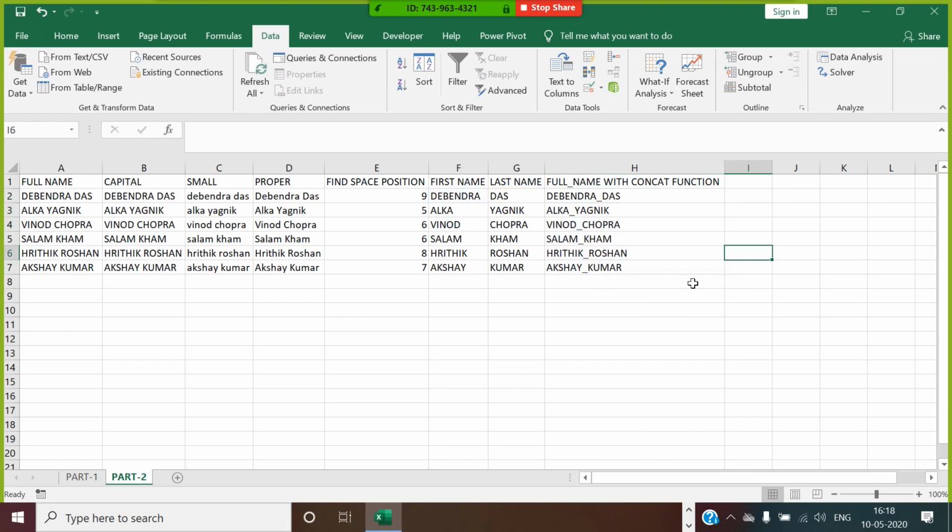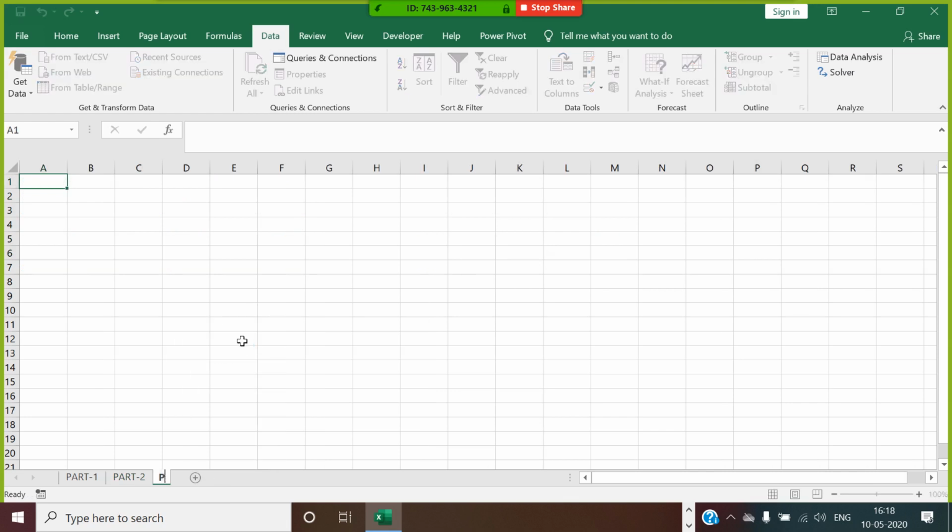So this is how, guys, we have completed most of the part 2 functions. Now we'll move on to part 3 functions. In part 3, we want to use something called the substitute function. Let's say there is something written as this is USA territory.